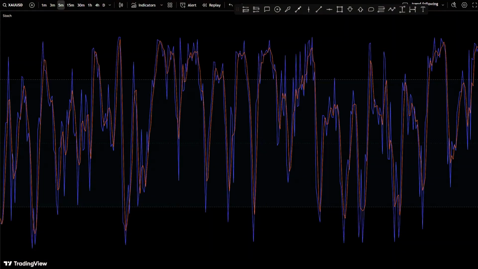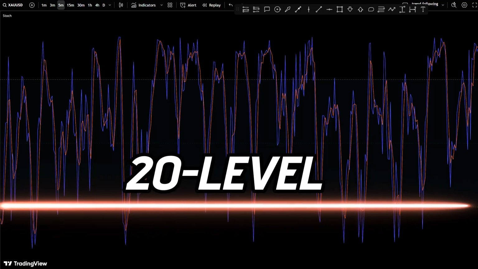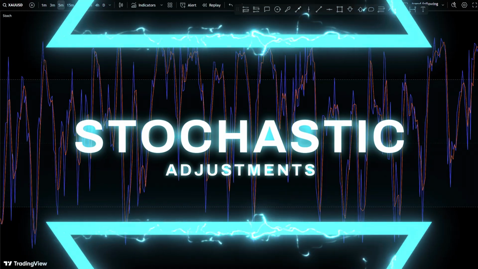If it's up high, like above 80, the price is near its recent top. Maybe it's gone up too far and it could drop soon. If it's low, like below 20, the price is near the recent bottom. Maybe it's dipped too much and could bounce back. Pretty straightforward, right? The default settings are okay, but we're gonna tweak a couple of things to make it work